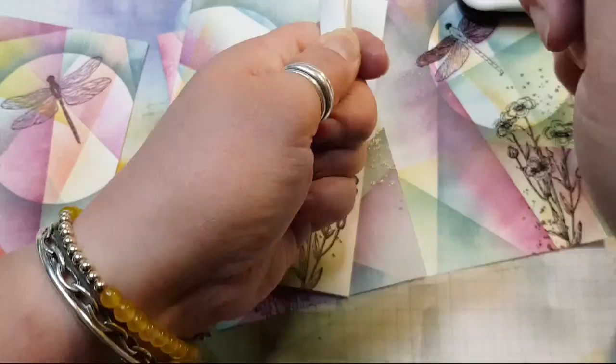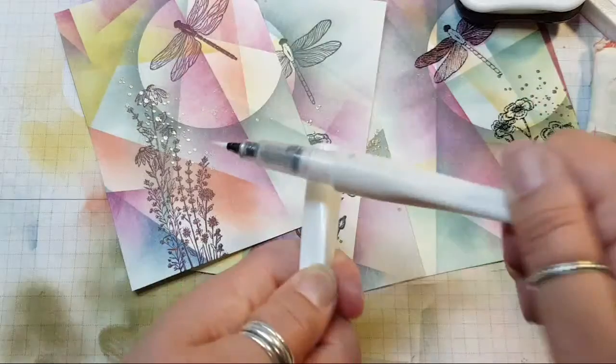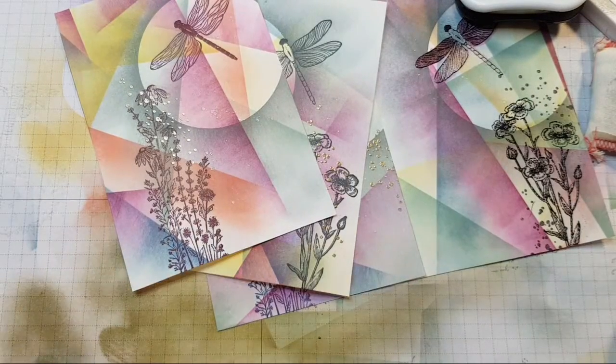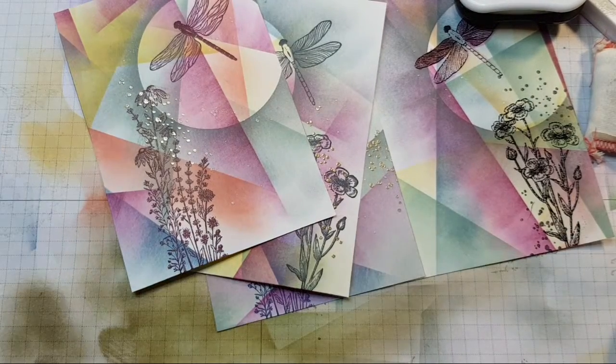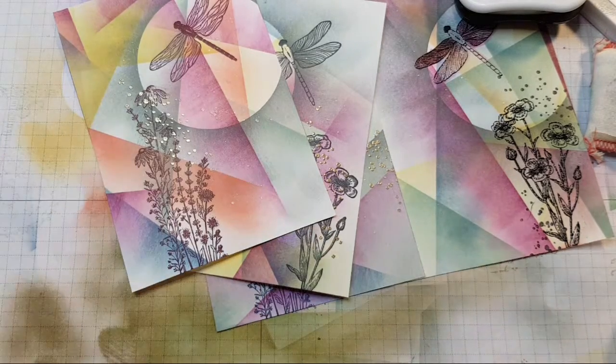See, I could have done one, but you know, if you're going to make one and you're doing the same technique, you might as well make 4, right? And then I am going to bring in that. Let's have a think. That's light basic black. I might add a bit of